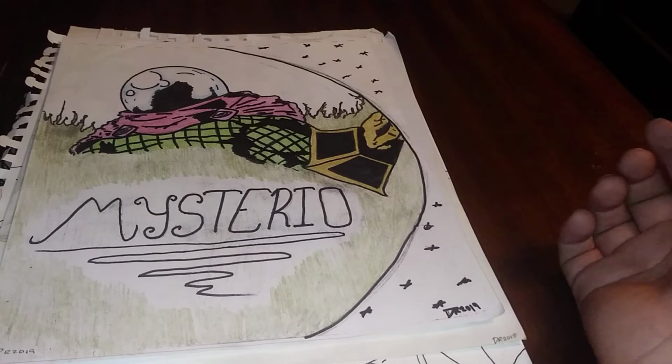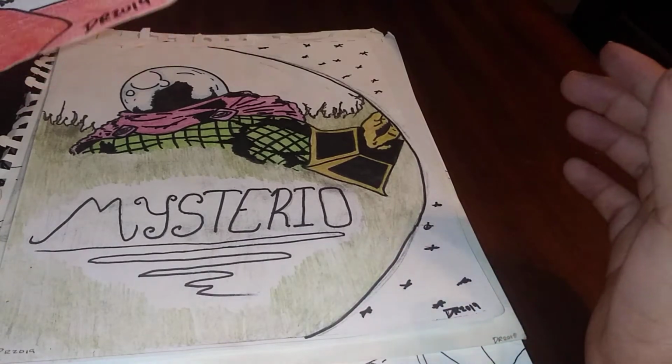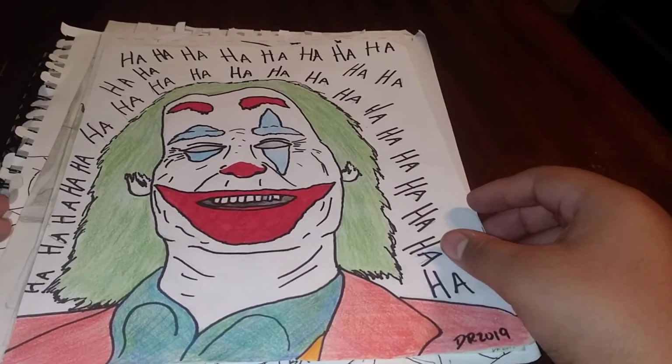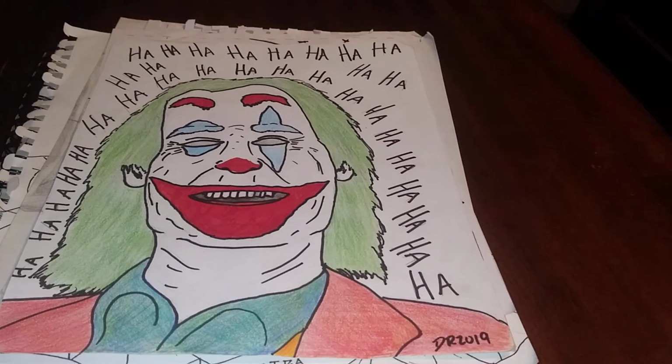And this one too kind of adds into what I've been saying about changing the drawing to fit how you draw. So this was a drawing I did of Joaquin Phoenix's Joker. This was done in 2019, obviously. And the change that I made is pretty obvious. It was the eyes. I decided to make them gray